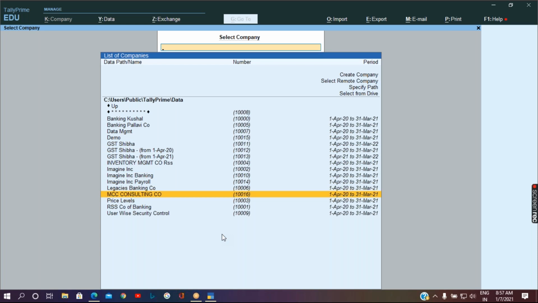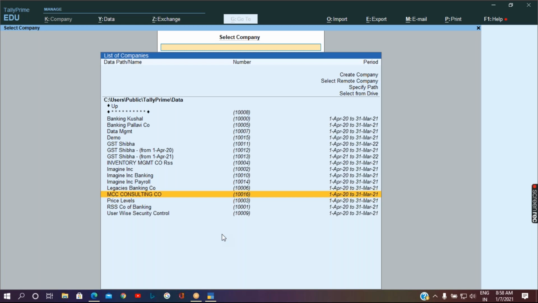Either I can make this particular company always open automatically, or I can restrict any company from opening automatically. I should get a list of companies like this and open the company manually. So how do I do that?